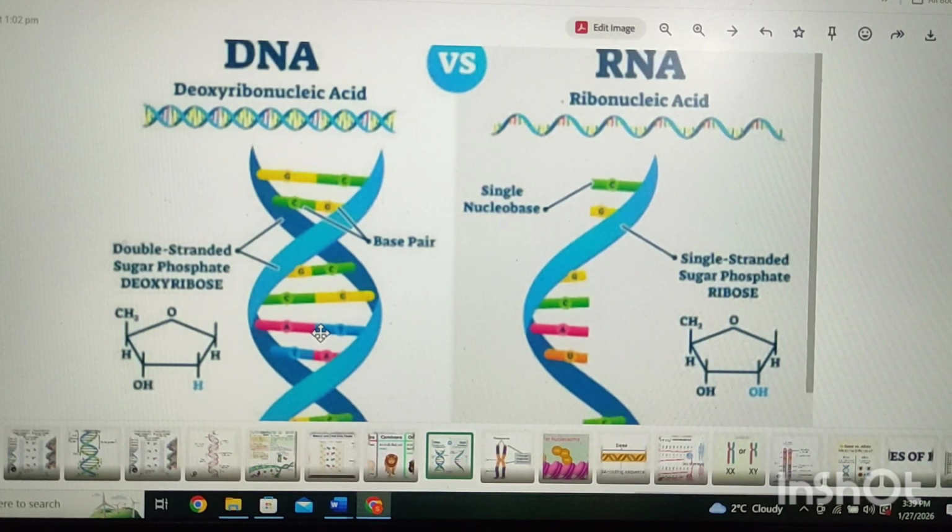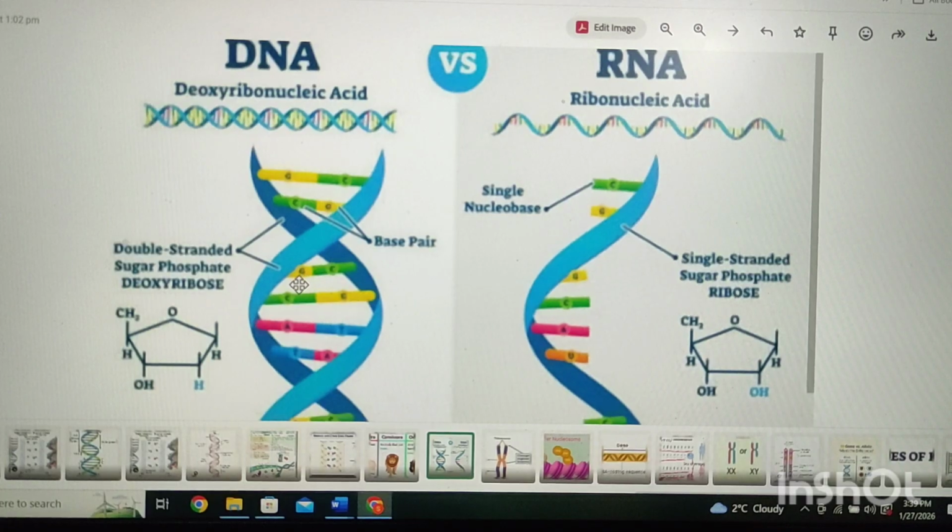Its strand nature is double-stranded. We have discussed that the two strands have the nitrogenous bases on both sides, and it is a very long molecule compared to RNA. Its location is inside the nucleus and mitochondria, and in plants it is also present in the chloroplast. Its function is to store genetic information. It is more stable in nature as compared to RNA